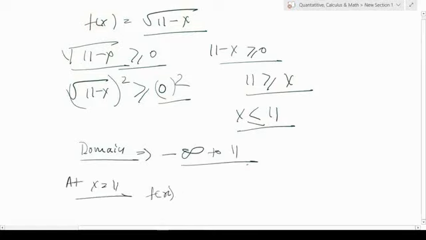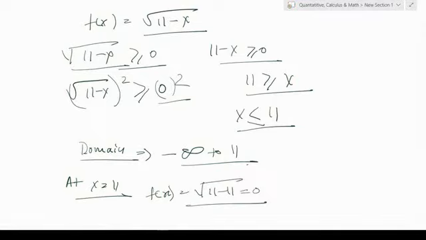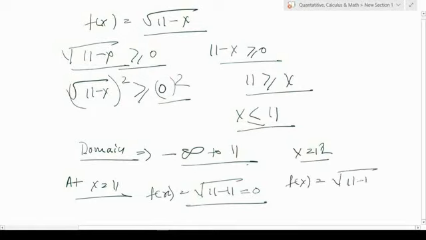So at 11, when I put x is equal to 11, what happens? f of x is 11 minus 11 equal to 0. So 11, it's defined, we know. So this is the maximum which we can go. Let's say if I wanted to put x is equal to 12. Now let's, f of x is equal to 11 minus 12 is equal to,